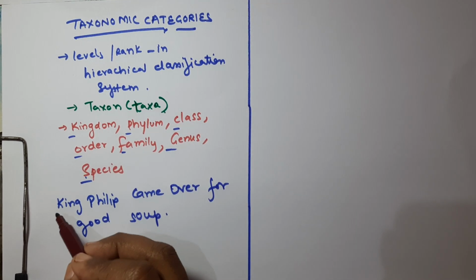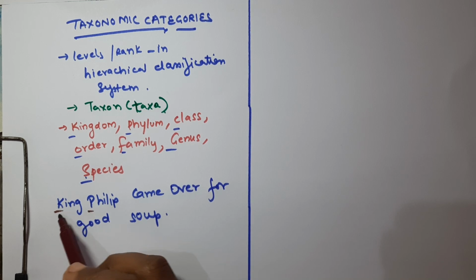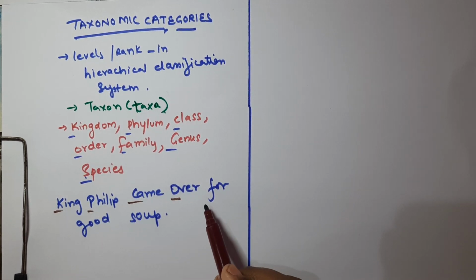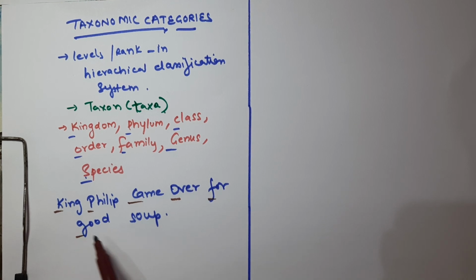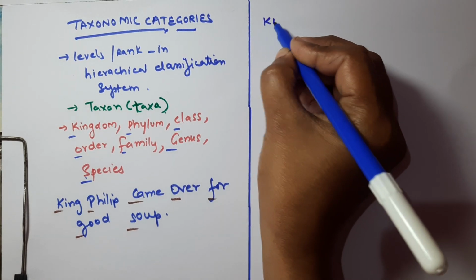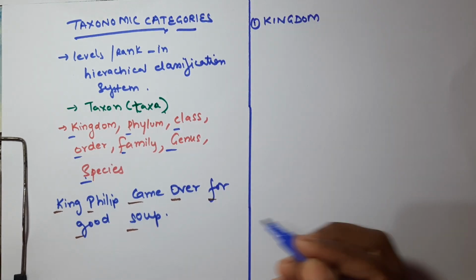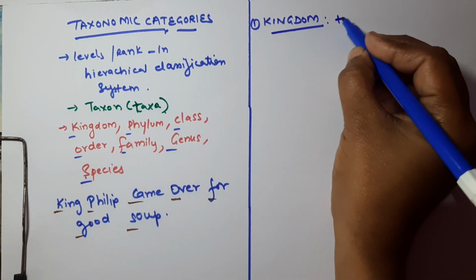Okay, so you can just write K for the kingdom, P for the phylum, C for the class, O for the order, F for the family, G for the genus, and S for the species. Okay, this is so easy to remember. So now let's talk about one by one. The kingdom. So it is the highest level